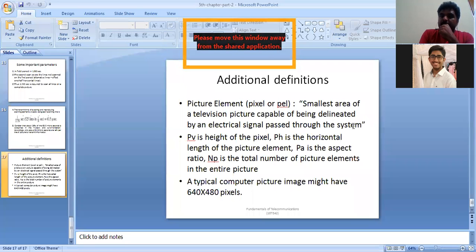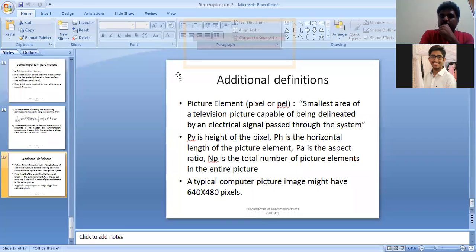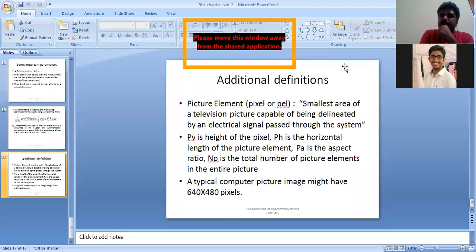Meaning to say that if there are 640 horizontal lines and 480 vertical lines, he has taken one example, in that case 640 into 480 values are to be taken. Every one single value is called a picture element. All those picture elements will correspond to brightness. All those brightnesses will be converted into current. All those current values will be quantized and they will be written as gray values in the picture.